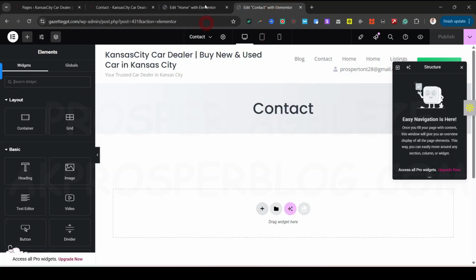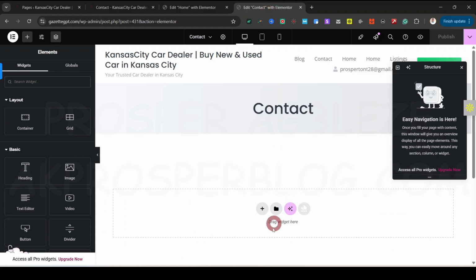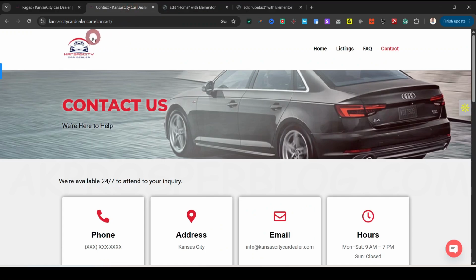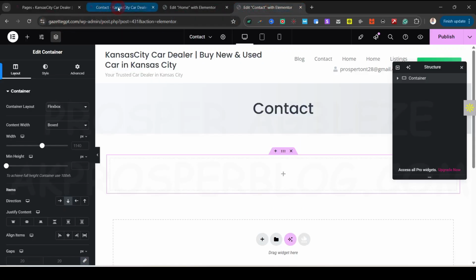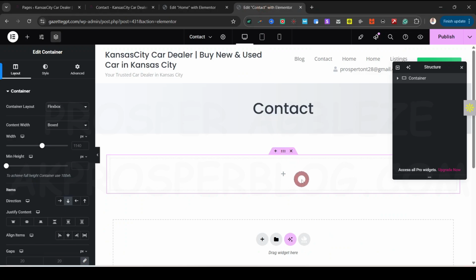So this is it here. We are starting with this section now, so this will be much easier. I click here and then add a new container. Don't forget, these are reference websites, so you use this domain name to know the difference. And this is the one that we are creating now. All right, so we add this title here with this text here. So for contact us,